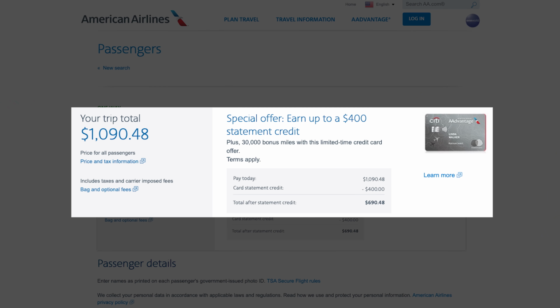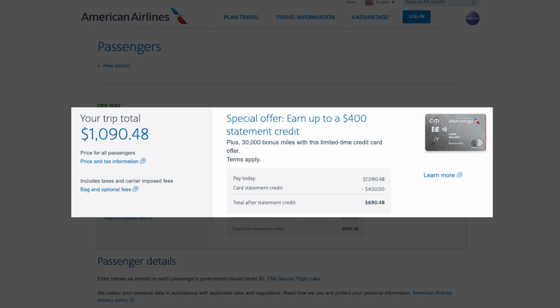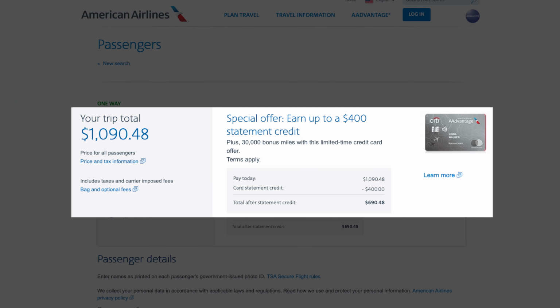So being cramped in economy would not be ideal, but of course, I'm not opposed to that at all. So to show you how I searched for that flight specifically, I'm going to run through the same step-by-step process here a little bit quicker, just to reinforce the system for you. I first went to American Airlines website, once again, found the flight that I wanted in first class that cost a whopping